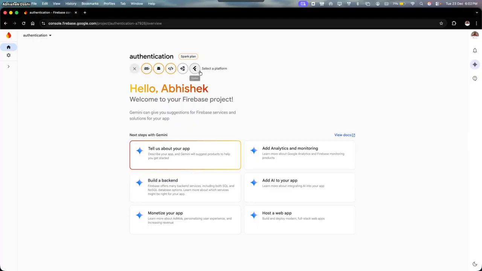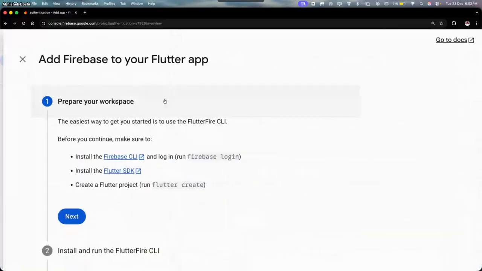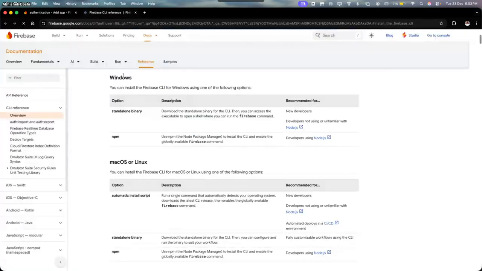Once you click on add app, you can see Flutter as an option. Let me zoom in. Once you click on that, you have to install Firebase CLI and Flutter SDK. Flutter SDK is already installed because you created the Flutter app. You will have to install Firebase CLI. If you go on this, it's a simple command